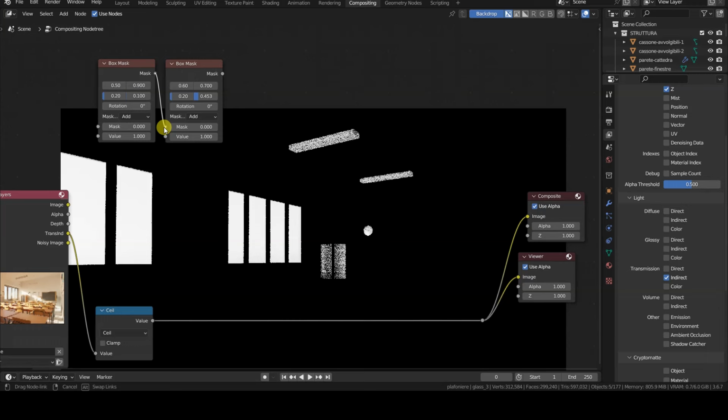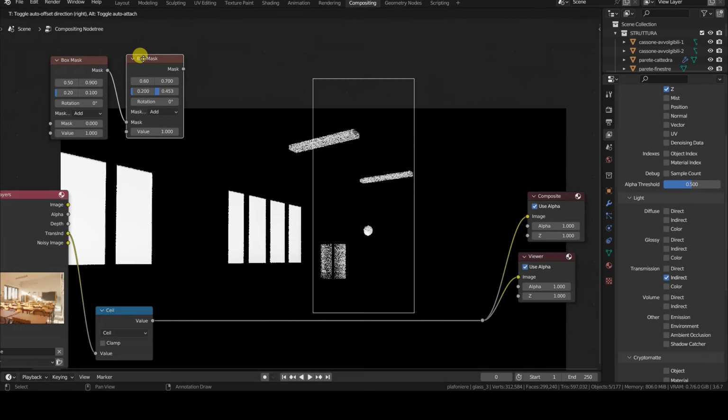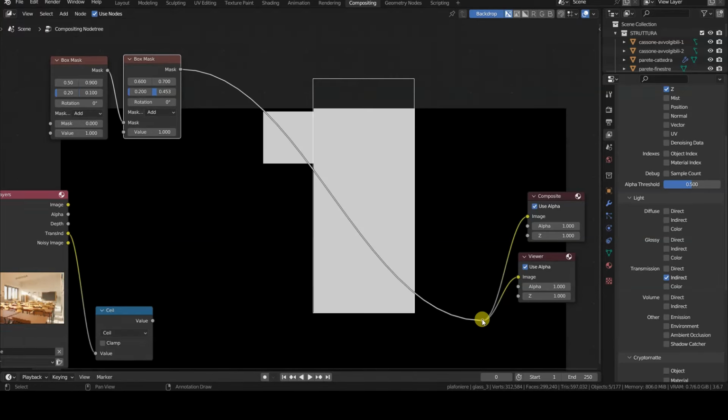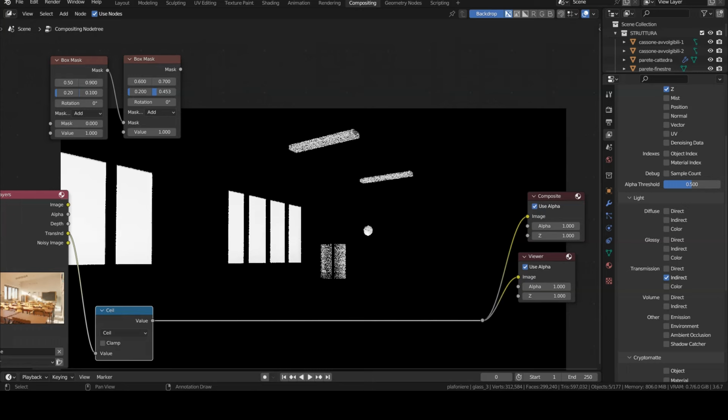To connect the two nodes in cascade, in addition to setting them in additive mode, we need to connect the mask output of the first node to the mask input of the second node. The mask obtained in this way is white, but we want to exclude these areas from the result coming from the Seal node.